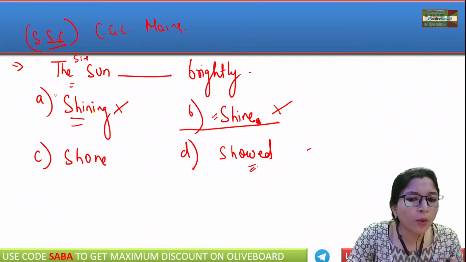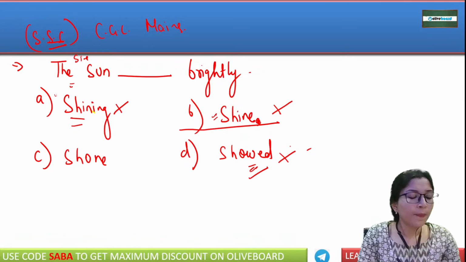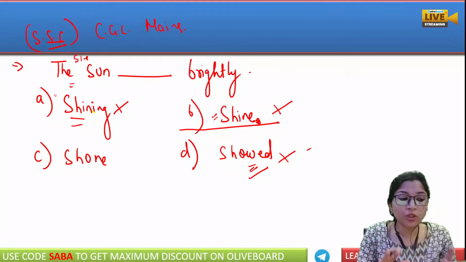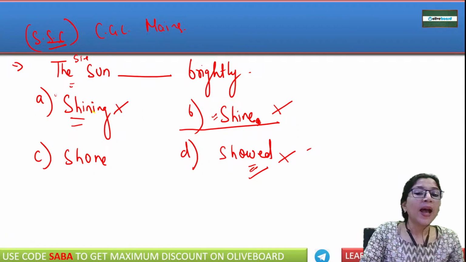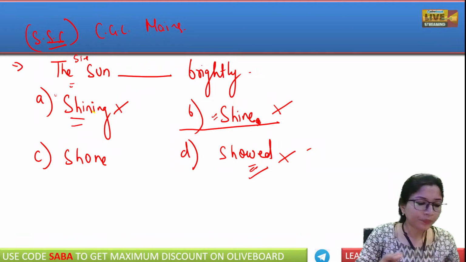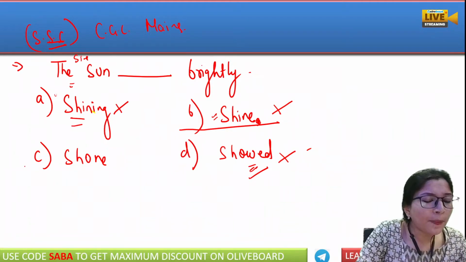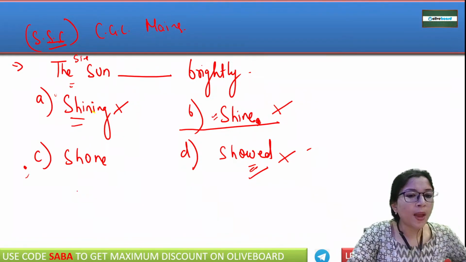Now, if I talk about option show, so that is also wrong. Okay, because show का मतलब होता है दिखाना, तो the sun is not showing you anything. वो कुछ आपको दिखा नहीं रहा. Okay, that is also wrong. अब देखिए ये क्वेश्चन सिर्फ और सिर्फ एलिमिनेट करके हो सकता था। अब आपके सामने सिर्फ ये ऑप्शन बचा है जो हो सकता है।